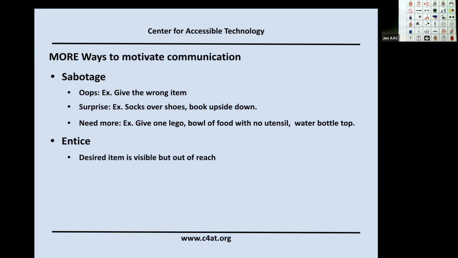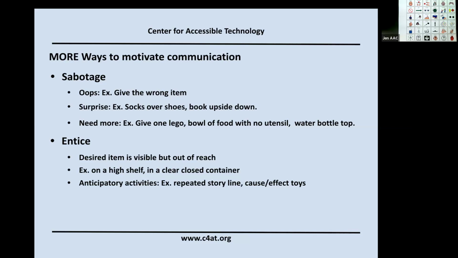Enticing is motivating them to get help to get what they want, right? So they have to get help to get what they want. So maybe the thing they want, they can see it, but it's out of their reach. Or maybe the thing they want is on a high shelf, in a container that they can see in because it's a clear container, but it's a closed container, right? You can also do